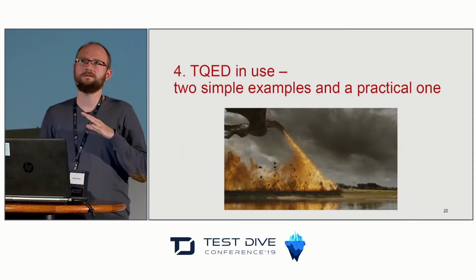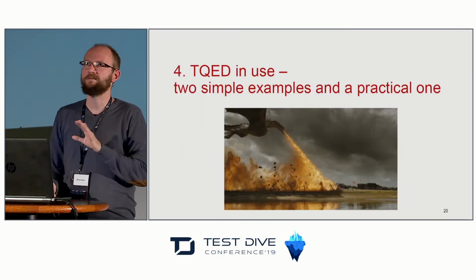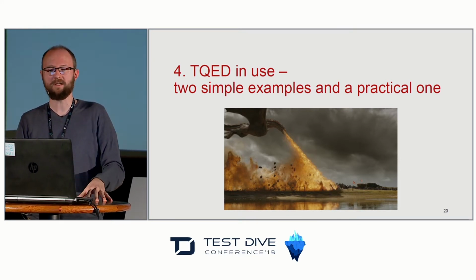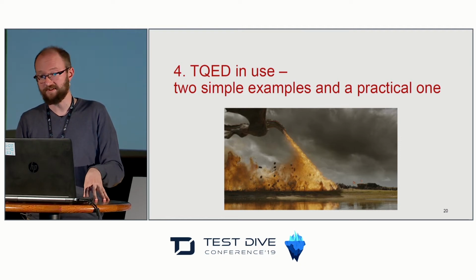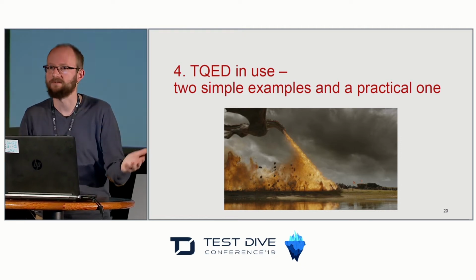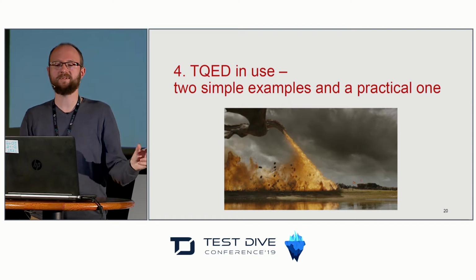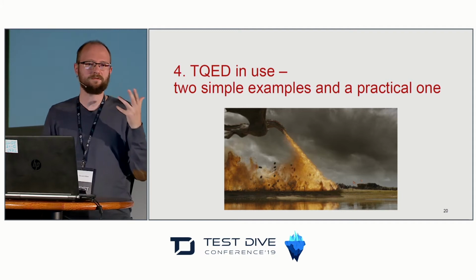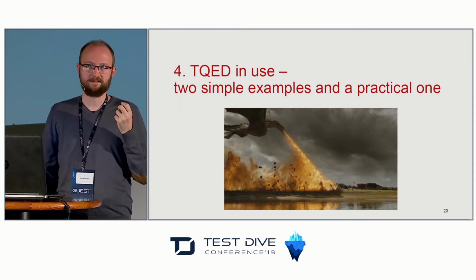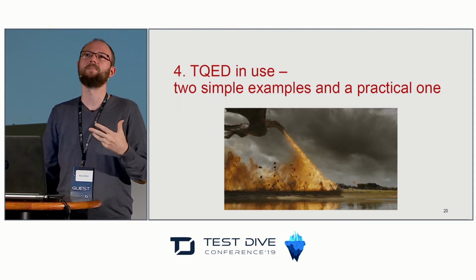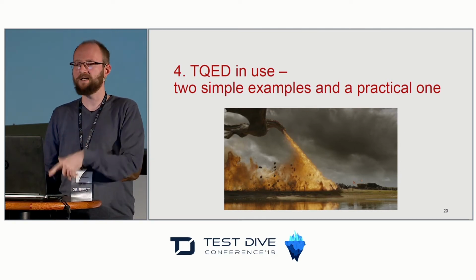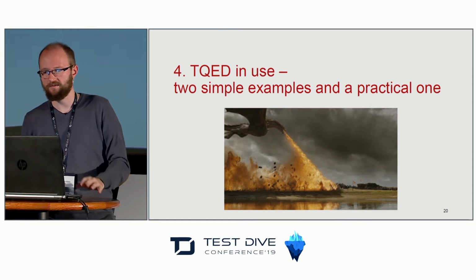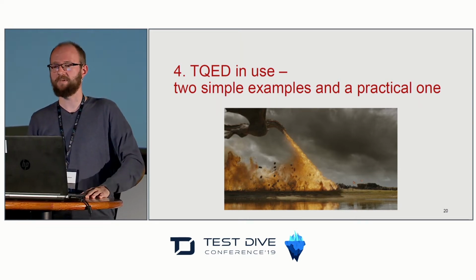And now, this is a very theoretical, very dry, I would say, thing. But now I would like to present you 3 simple examples of how you can use this model in practice. These 2 examples will be very simple, very artificial, but the point is to show you some important features that this model gives the tester. The practical one will be the practical application in a simple application. It will be Google Calendar. I will show you a bug in Google Calendar.